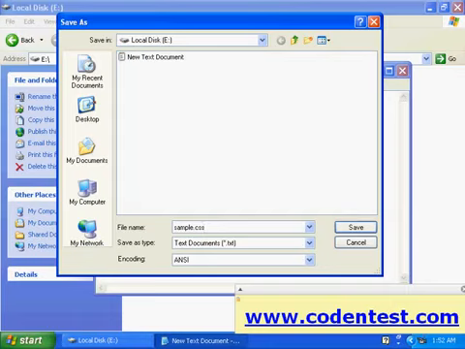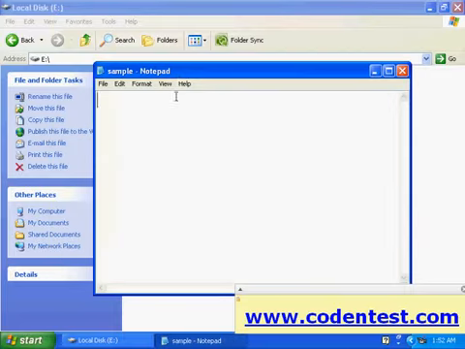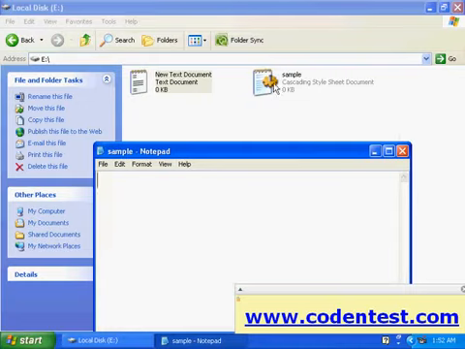This file will only contain CSS code and is saved with the .css file extension, and in save as type I'll give all files. So there you go. First I had only a new text document, now I have a sample document also.